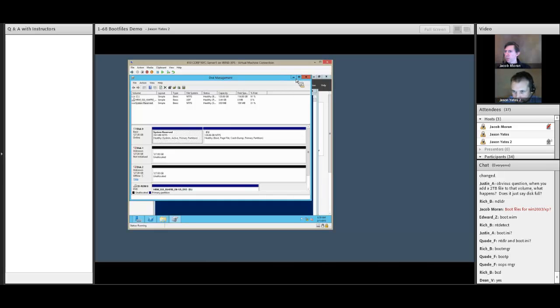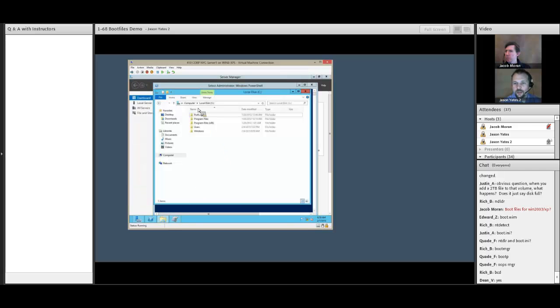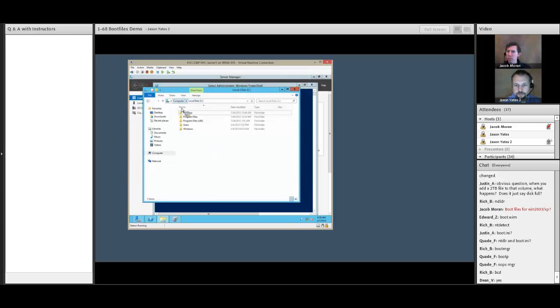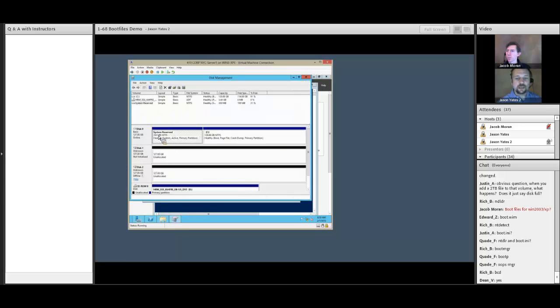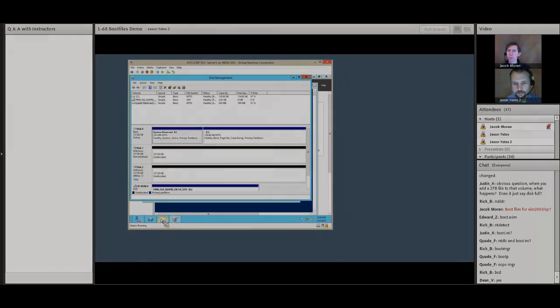Now, let's jump into Explorer for a quick minute here. You'll notice I'm on the C drive. Well, my boot files aren't listed there at all. And there's no drive letter. So the reason for that is this partition has been hidden. So if I want to assign it a drive letter, I can do that. There's the E drive now. Go back in here, and